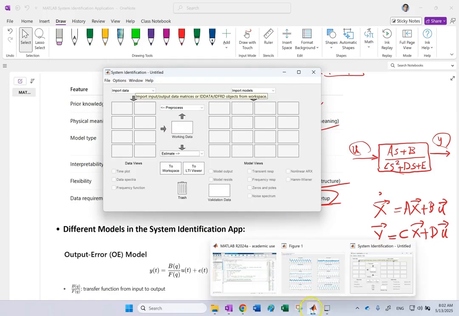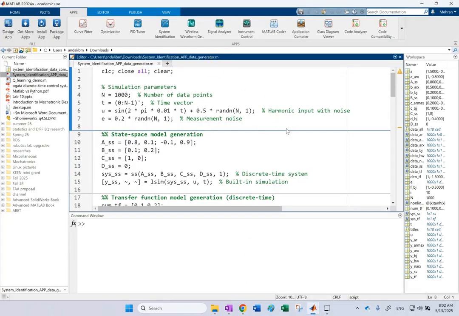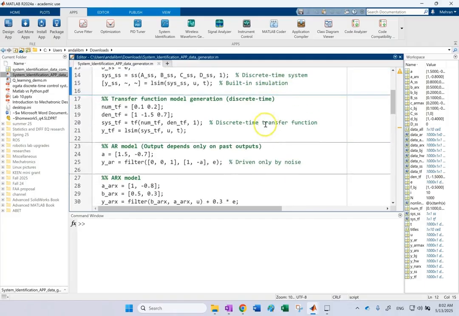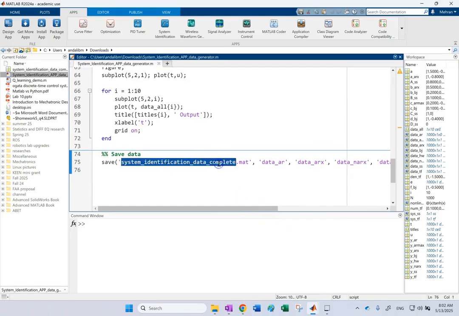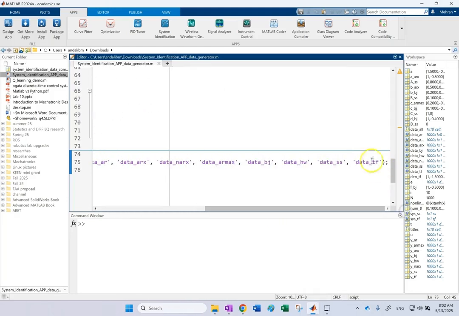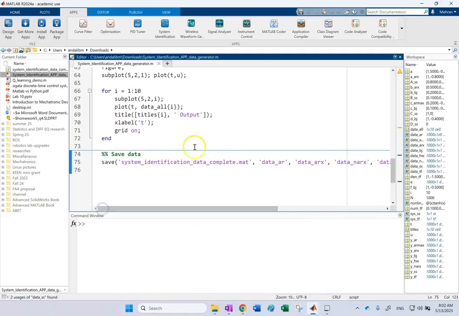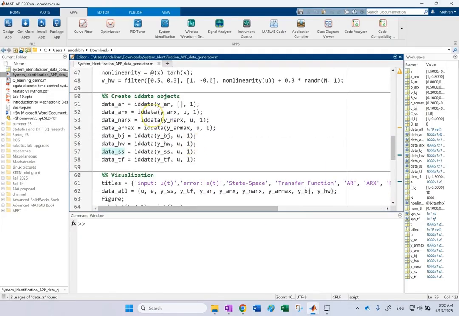So first, here I show you that I made this code here that creates the data for different types of models. When you run this code, it creates data for different types of models and saves them all as objects and also saves them in math files. In one math file, it saves all of this data. So when you load this math file, which is called System Identification Data Complete.mat, it has all of these objects in it. Each one of them is an object that has the input and the output of that